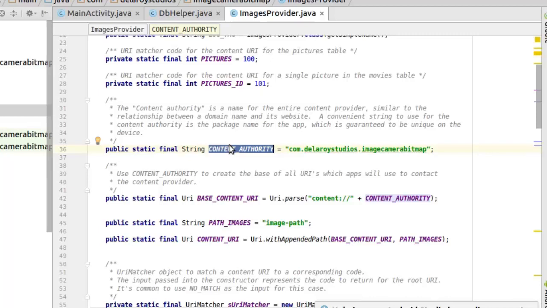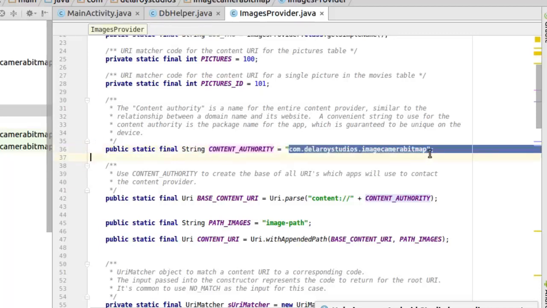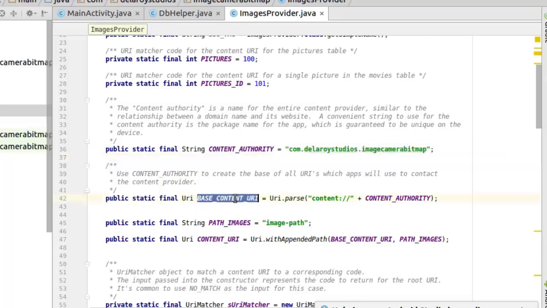A convenient string to use for the content authority is the package name for the app, which is guaranteed to be unique on the device. So we actually opt for the package name, very unique. And you have to use the content authority to create the base of all URIs which apps will use to contact the content provider, which is the base content URI that actually creates a URI path content://